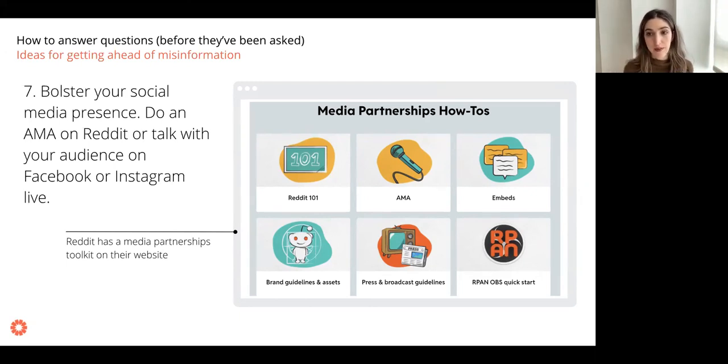Of course, this can be very complicated. It depends on your organization. It's probably something you should have a protocol around, or a social media strategy around. But we bring it up because it can be very surprising to certain organizations to find out that so much of the discourse about vaccines and the questions people are asking are very much living and breathing in these social media spaces. So you can use your own platform to talk about vaccines as much as you want, but another strategy is to go to those spaces themselves and decide if you want to have engagement there as well.